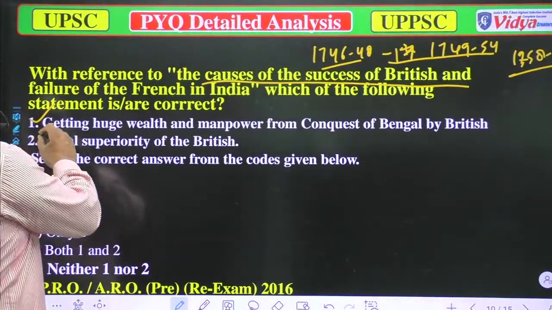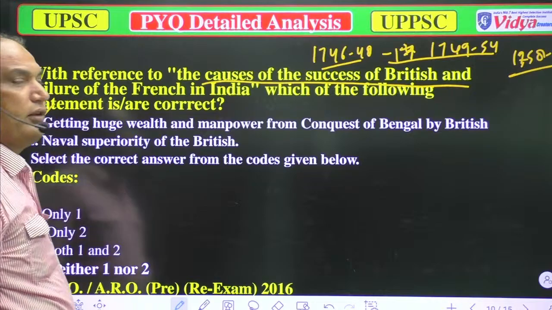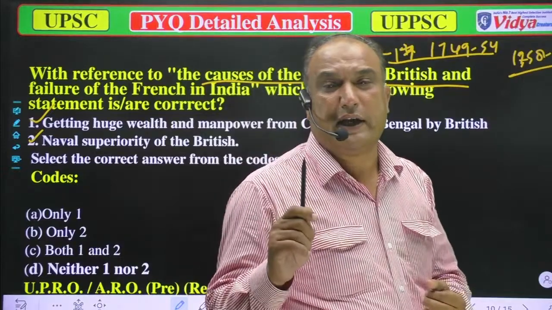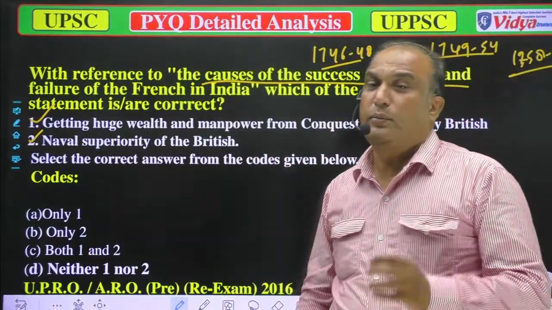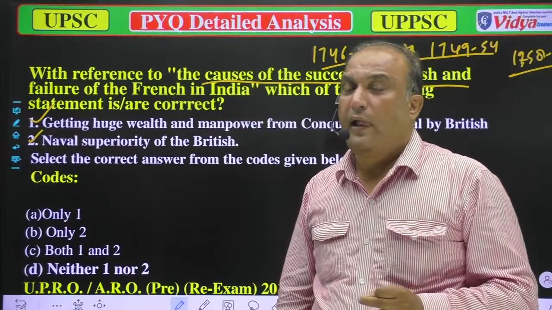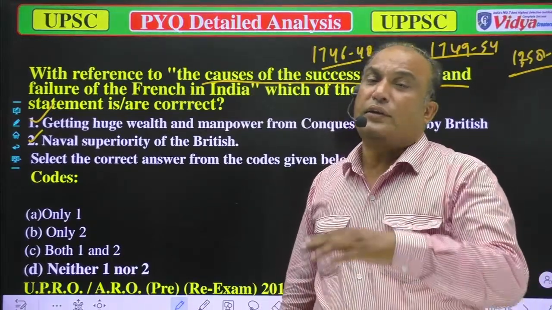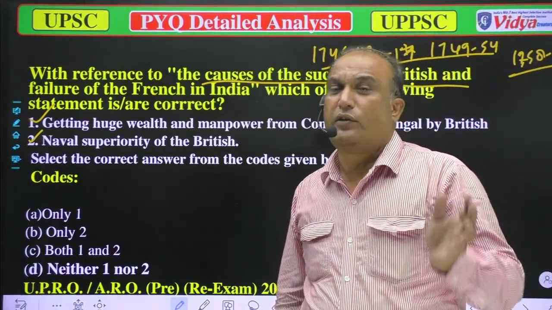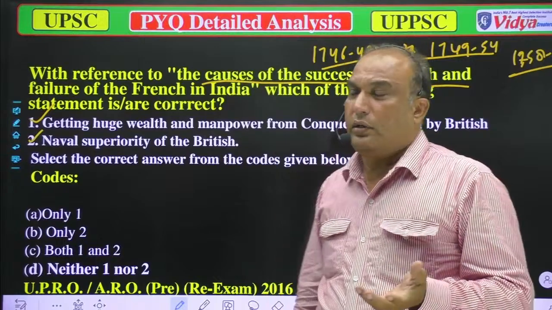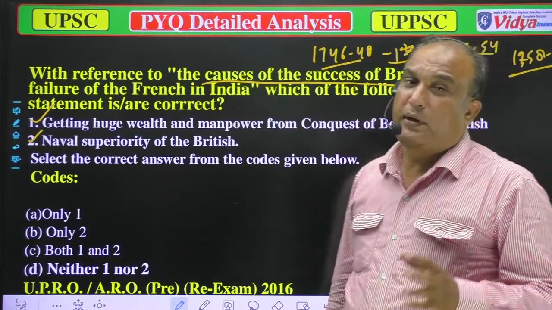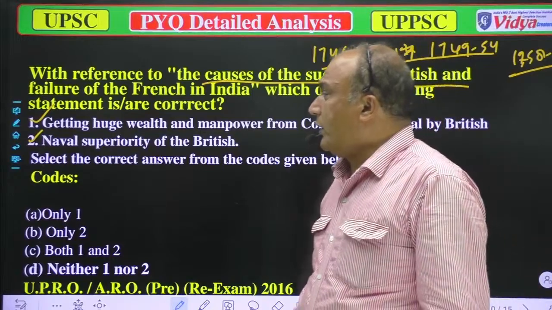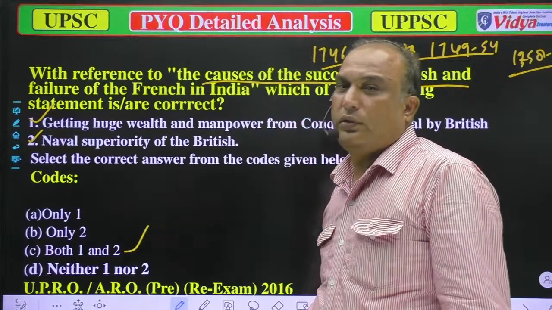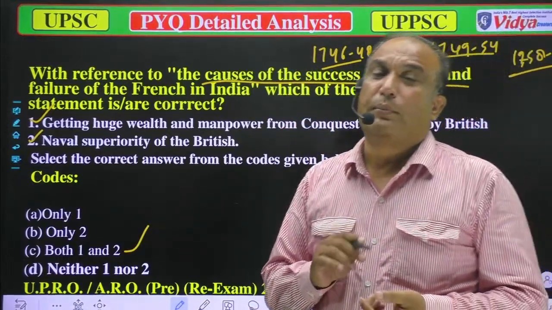And another, the naval superiority of the British. As you know, at that time, the British navy held first rank in the world. It was considered the most powerful navy because, if you consider the geographical position of Britain, it is surrounded by the sea. So it is easy to see that their naval power was the best in the world. So both points, 1 and 2, are correct. This is the right way to compare in the question.